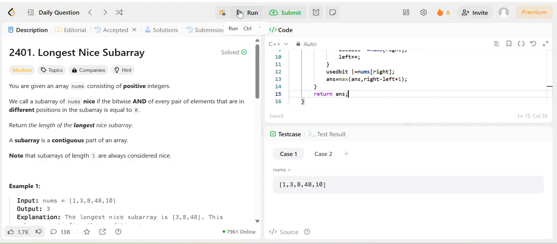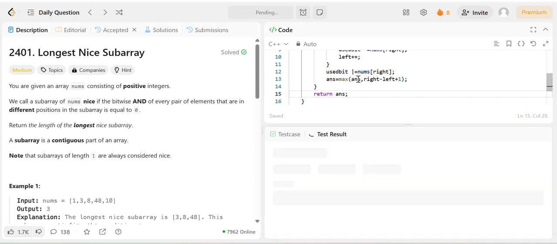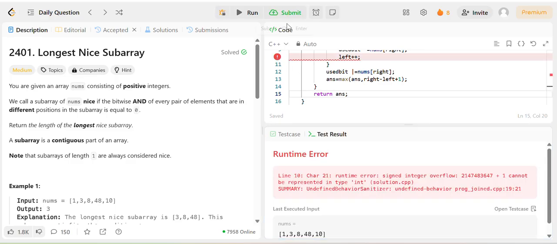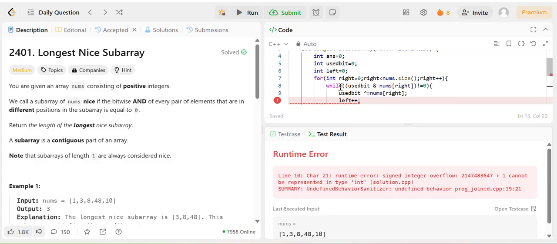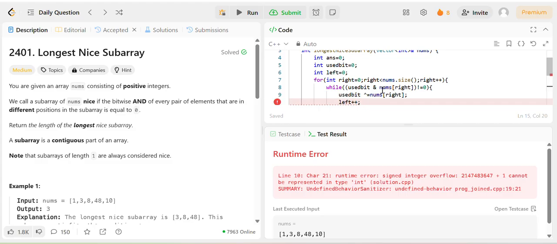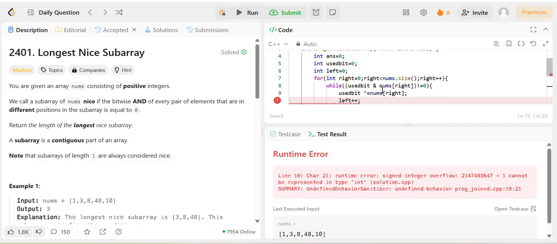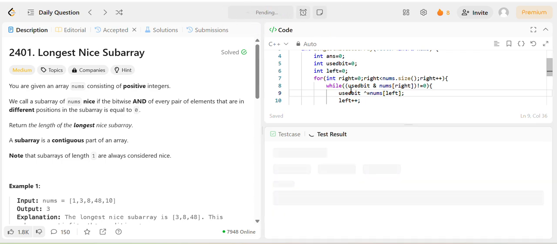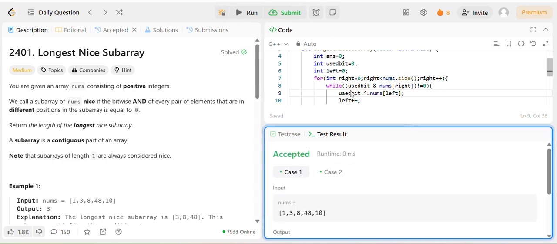Let's test whether our approach is working or not. So why does this error occur? This error occurs because we need to remove that element. That's why we are removing that bit. We are taking the right bit, but we need to take the left bit. Now test. Yeah, it